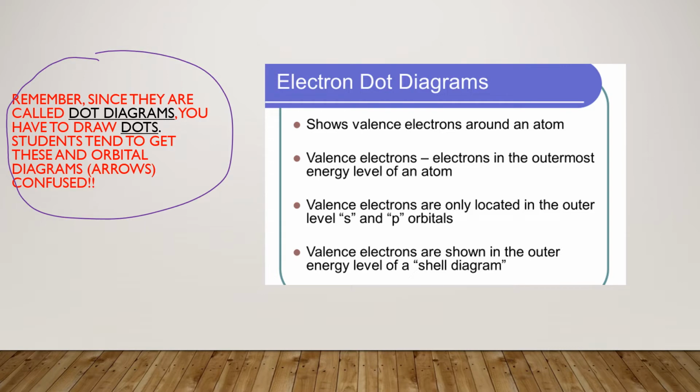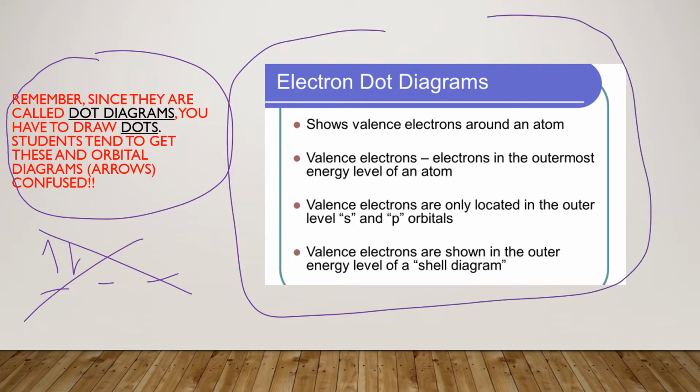Students tend to get these and orbital diagrams, the ones with the arrows that we just did, confused. These are not orbital diagrams. So the electron dot diagrams show you valence electrons around an atom. Valence electrons are the electrons in the outermost energy level of an atom. Valence electrons determine the chemical properties